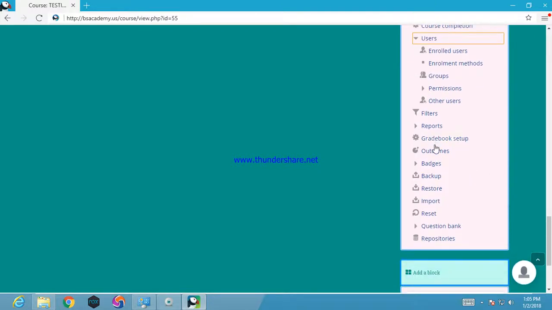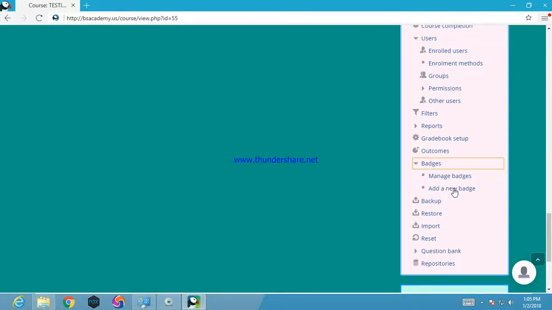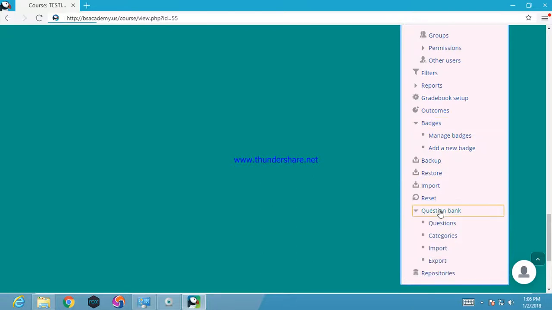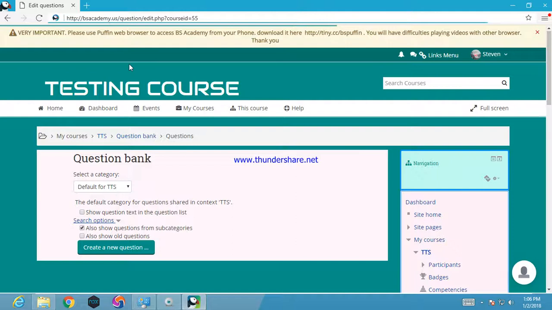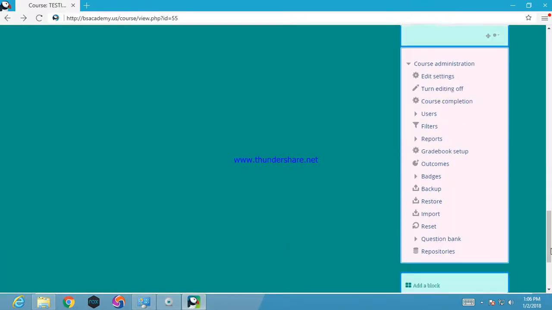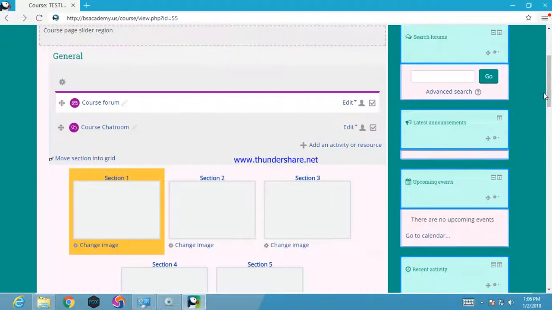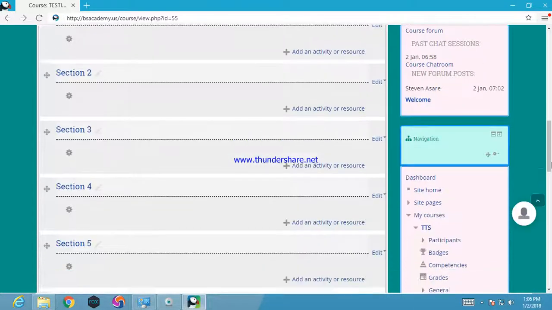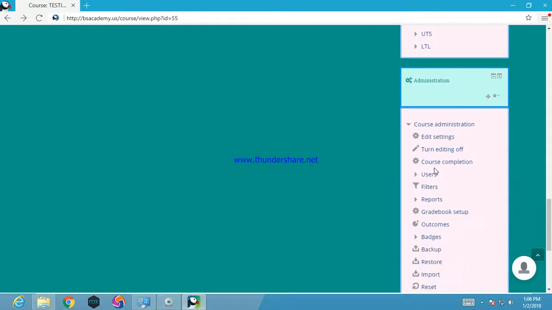The outcomes, the badges. You can create a new badge, manage badges, you can back up the course, you can restore, you can import question banks. This is where you can add questions and keep them, which you'll be using for your quizzes and assignments and other things. So to edit our sections, since this course we are going to have only 4 sections,